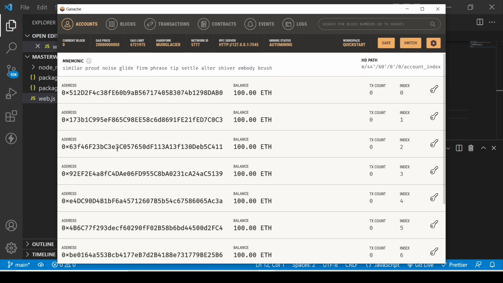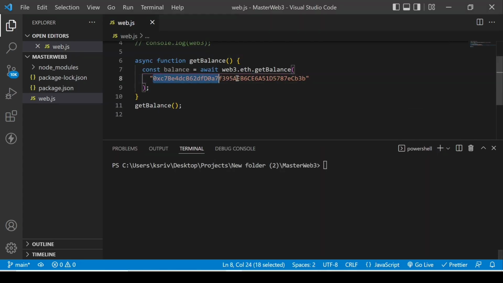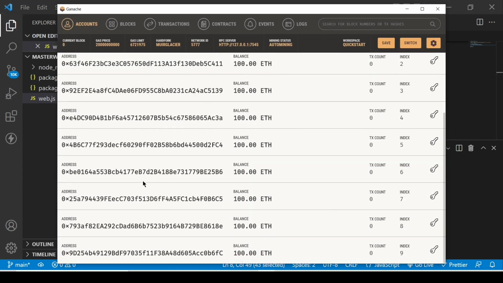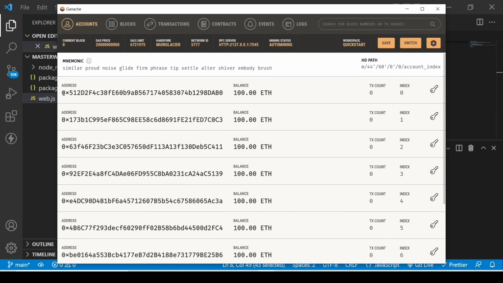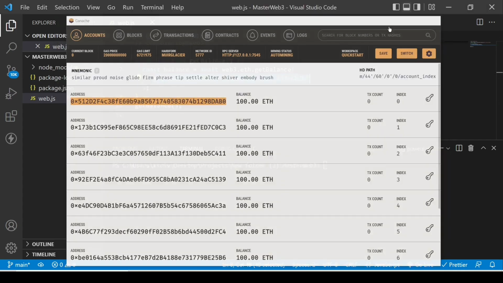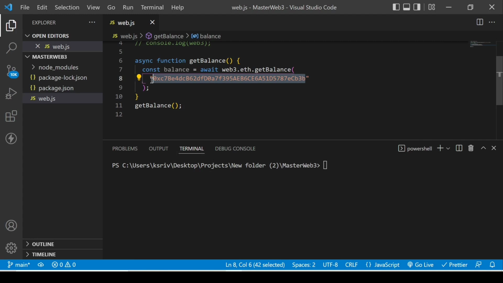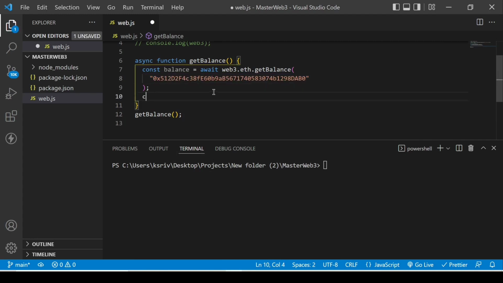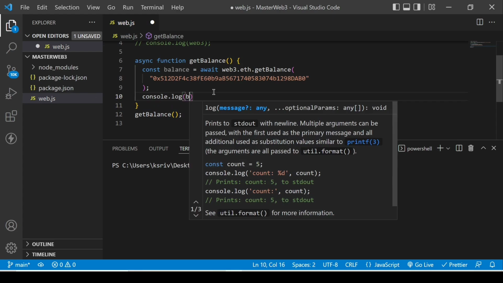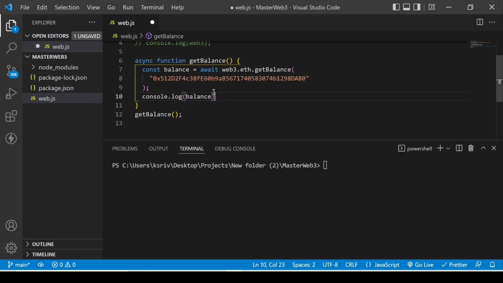Why this is, I do not know, but this is the case whenever you are doing this quick start. So if I go to this account, you will see that you will not find this account in my Ganache. So what I will do, I will copy one of these accounts which are currently provided by Ganache. I will copy this and paste it here, and let me again console.log the balance. Let me run this node